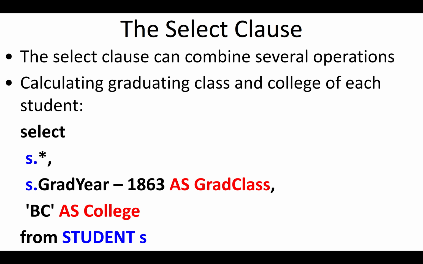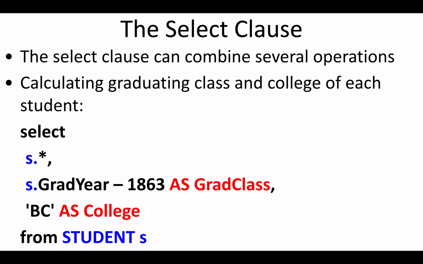Here, I'm retrieving all the records from the student table, which I'm calling S. As I retrieve, I'm getting all the fields in the student. Here I'm using the AS keyword, where I can create brand new fields. As I am iterating over this data, I can calculate it on the fly, so I can create new data sets on the result set. I'm not inserting anything in the database, but as I'm querying this data, I can create a brand new record,